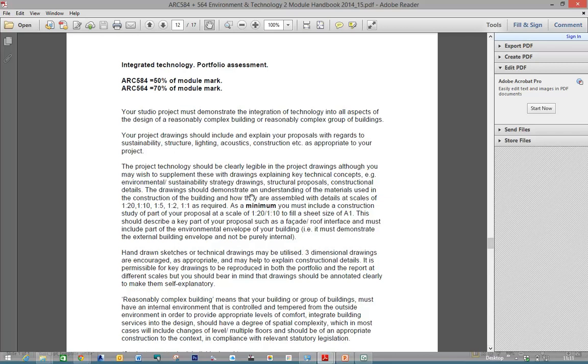So read this carefully. The thing is that we're looking for the project technology to be clearly legible in the drawings. Now that may be in the design drawings, or you may want to have an additional drawing. Okay? And we leave it up to you to choose the appropriate scale. So, you need to make decisions about what scale drawing is appropriate, but as a minimum, we do need a construction study at a scale of 1 to 20 or 1 to 10 to fill an A1 sheet. Okay? So although we're leaving you with a lot of freedom, we do have that minimum